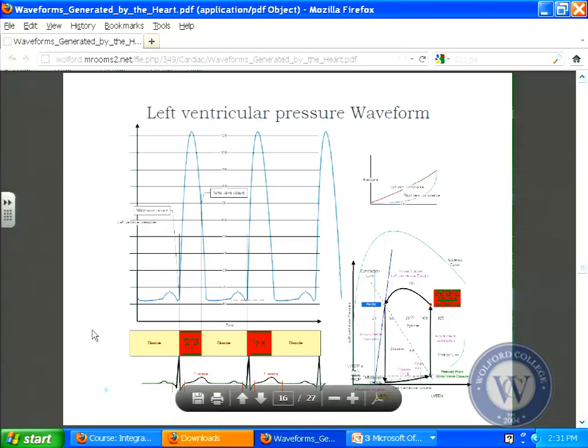Now, what's also helpful is that this PA occlusion pressure, when you actually put the catheter in deeper into the left ventricle, you generate this waveform. You generate the same waveform as you do in the right ventricle, except the difference is now the height of the pressure wave. The pressure wave now generates it up in the 120 range, 125 range if that's normal. And as a consequence, you will see this kind of nice waveform that's easy to see. It's a left ventricle. The right ventricle would basically generate the same waveform, except the pressures would be only in the 20s. Okay? And then the next waveform that lives on top of this is, of course, your aortic pressure waveform,